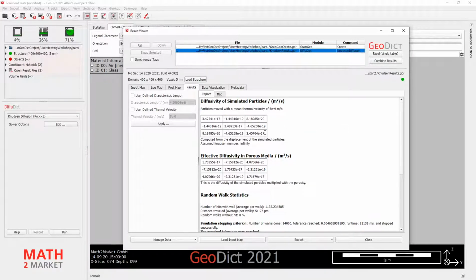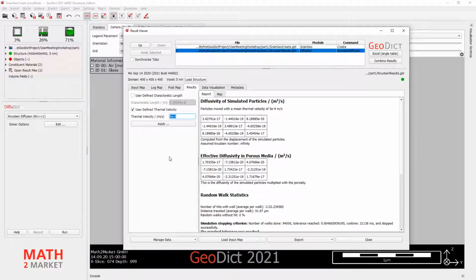But these values here will not give you a really good approximation of what you want to know, because what is missing is the user-defined terminal velocity. This is what we will do now. We will activate user-defined terminal velocity, and we'll type something in here that's a little bit more common. And this is, for example, 20 degrees Celsius, so room temperature and air molecules.